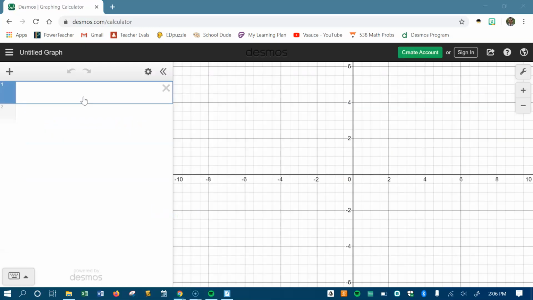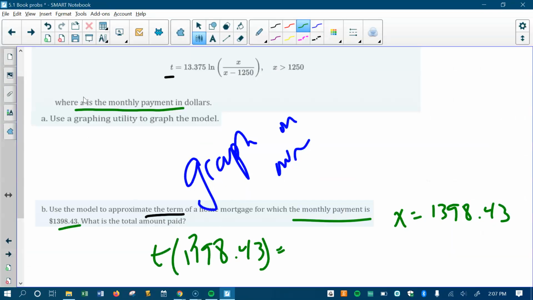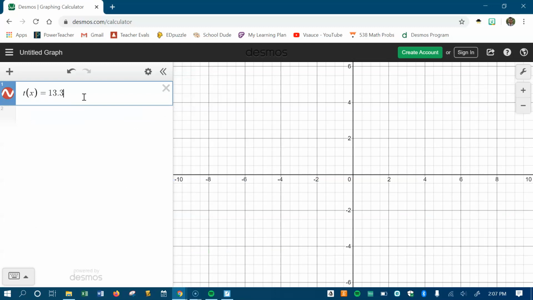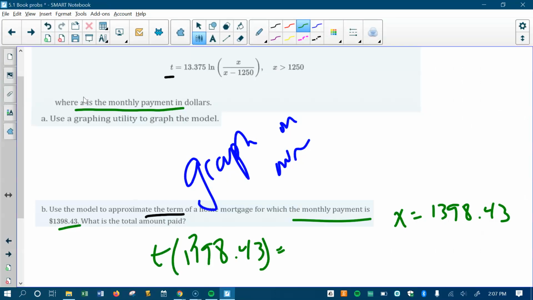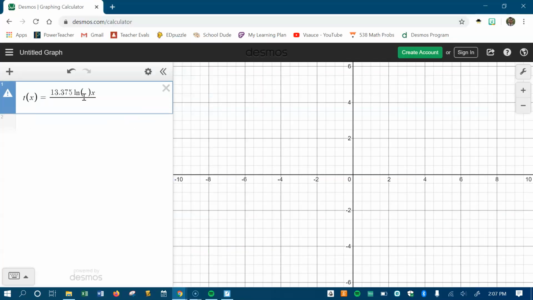Okay, here we go. Let's do T of X equals the expression, for X greater than